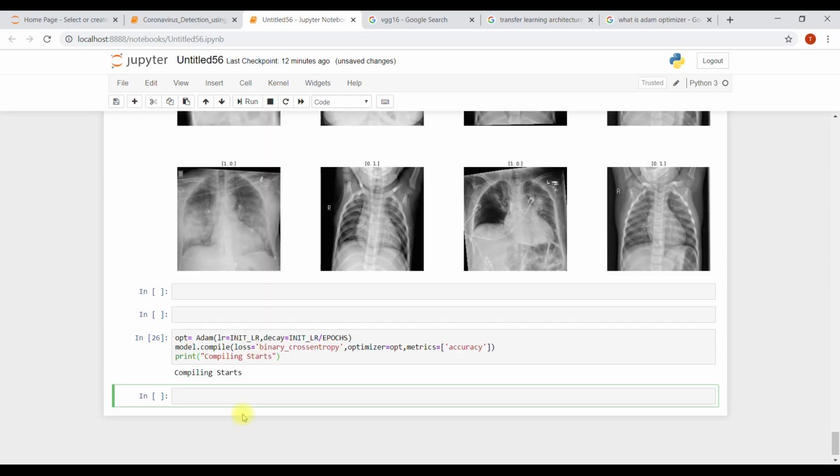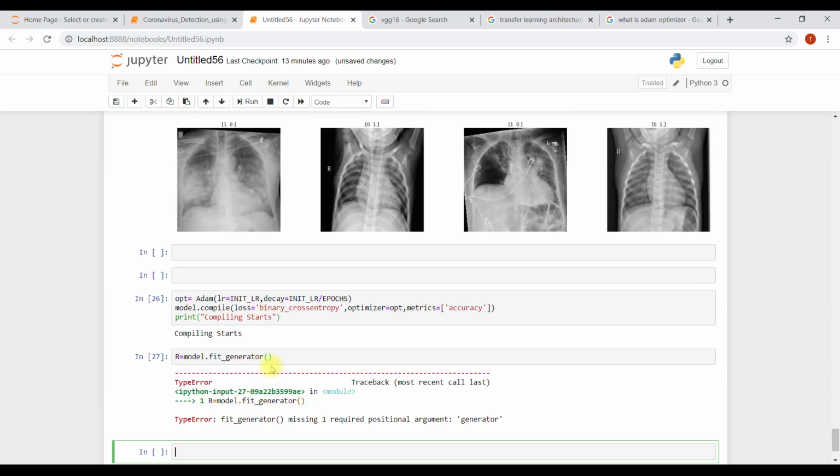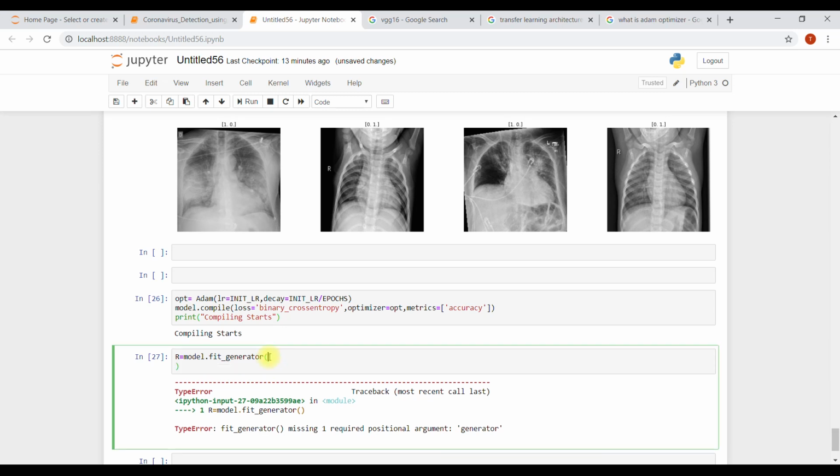Now I'm just naming it R, model dot fit generator. This fit will start the training. So now let's start the training.